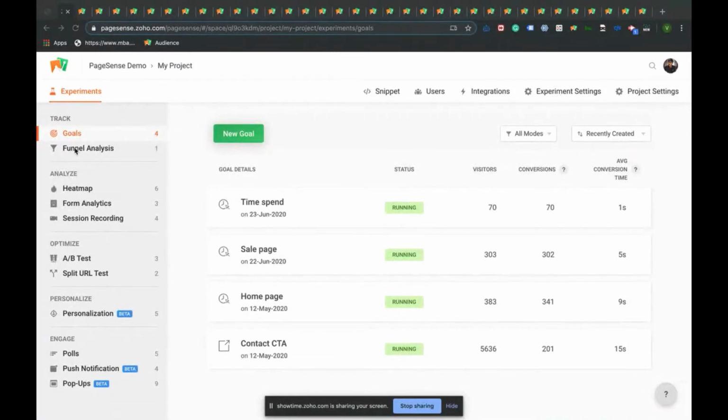The track and analyze part, which helps you to understand the user behavior and user data on your website. So based on the data that you collect from the website, you would be able to build hypotheses, and you would be able to test and run experiments, A/B testing and split URL testing for your website for better conversion rates. And you would also be able to do personalization of content for your users based on the different segmentation of users that you can do. So apart from this, we also have the engage module, wherein you would be able to run polls, push notifications, and pop-ups for your website. Now, starting off with this, so the foremost